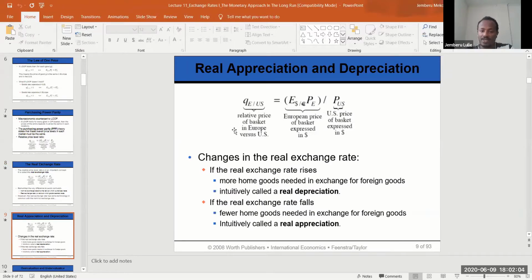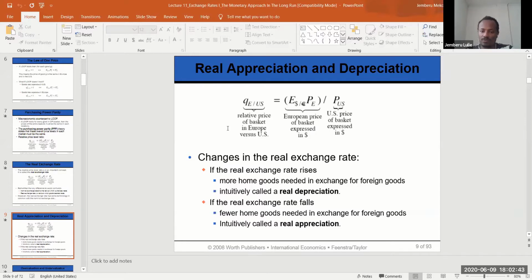When the real exchange rate is rising ምን ማለት ይችላል, actually I already talked about it previously: q greater than 1 ካል, ቅድም በዩሮፕ እና አሜሪካ ስላወራን, the Europe is more expensive than the domestic ማለት ነው አይደለ. Therefore more home goods needed to exchange for foreign goods. That's true, like 2 loaf versus 1, የዛንን 1 loaf ለመግዛት I need 2 loaf here እንደማለት ነው. So when real exchange rate is greater than 1 or when it is rising, I need more home goods